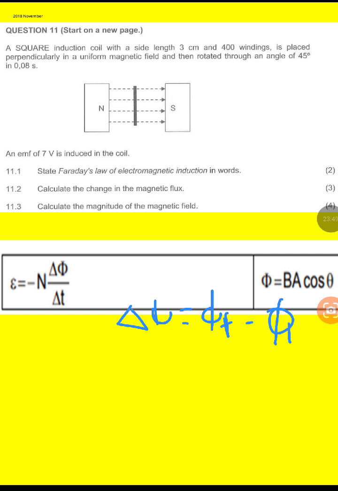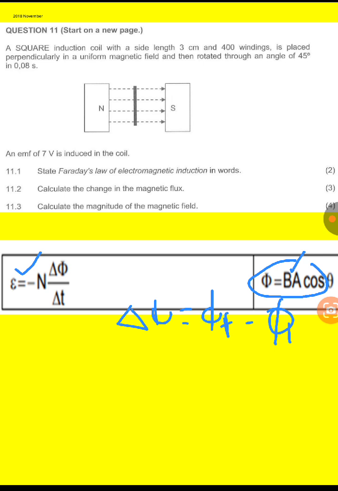Right, but I cannot use this formula because I don't have the value of B, which is the magnetic field strength. But what do I have? I have EMF,